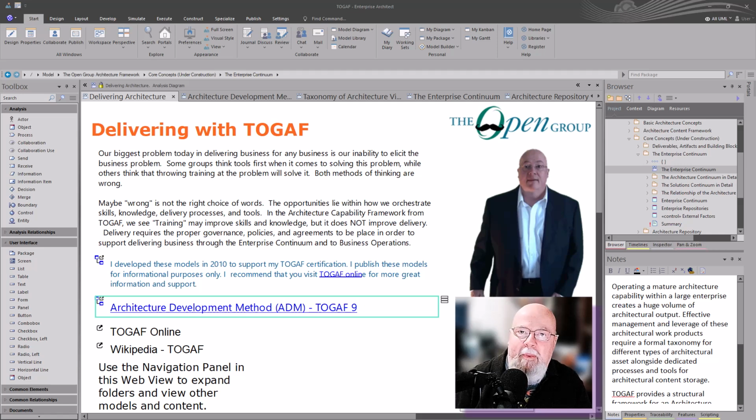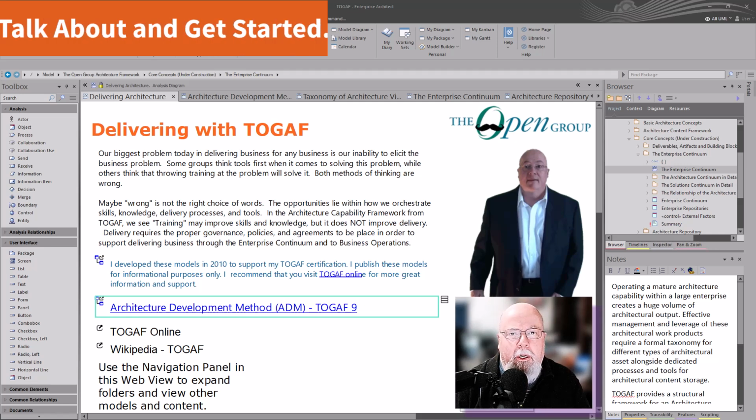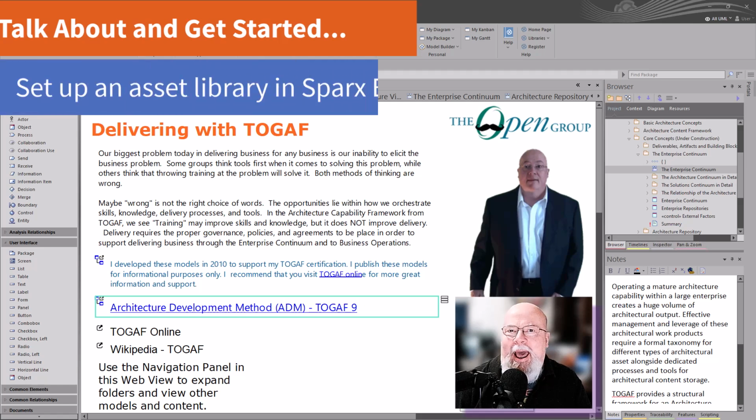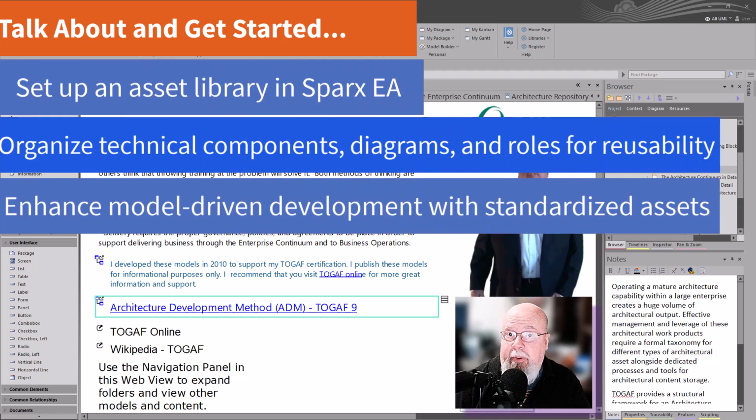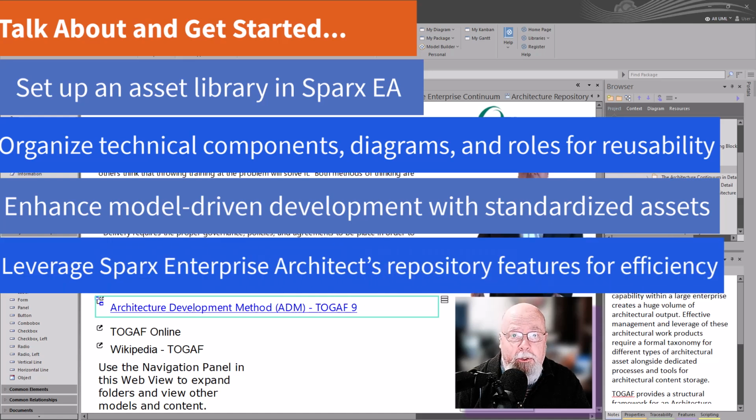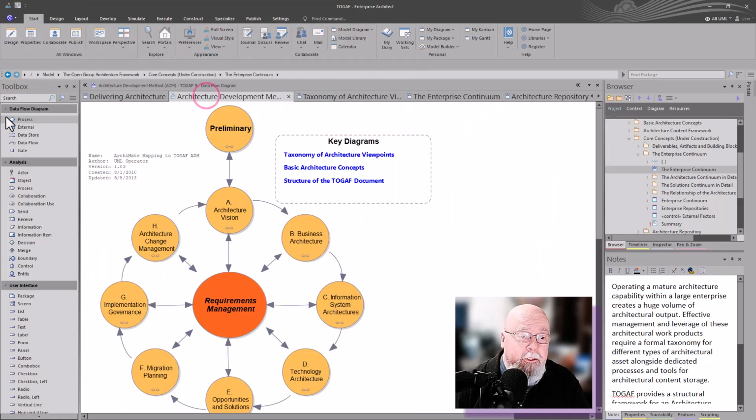Hello and welcome. In this episode, we're going to talk about building an asset repository, particularly a technical aspect repository. There are certainly more repositories, and we'll talk more about that. In TOGAF, we have the ADM, the architectural development method, which I live and die from as an architect and